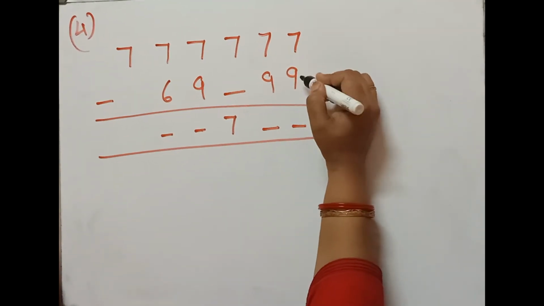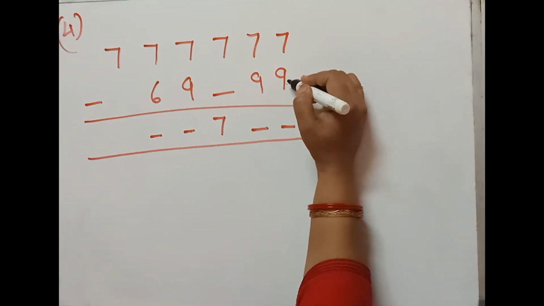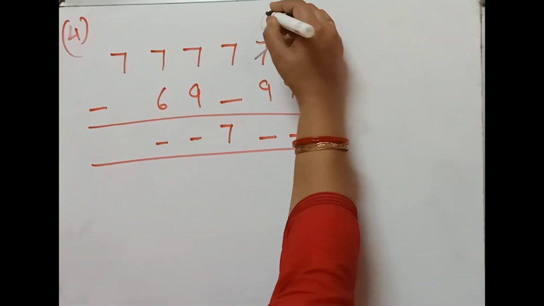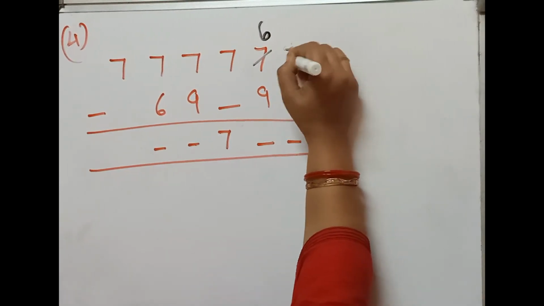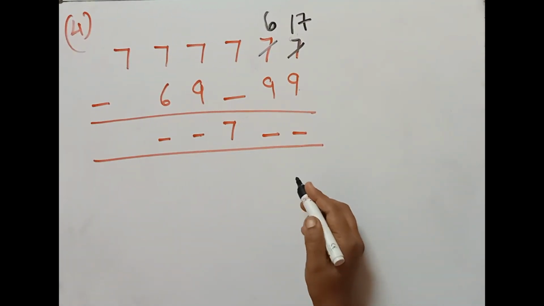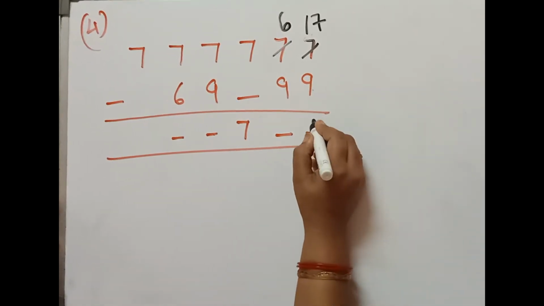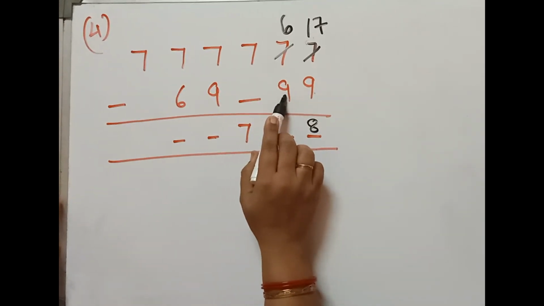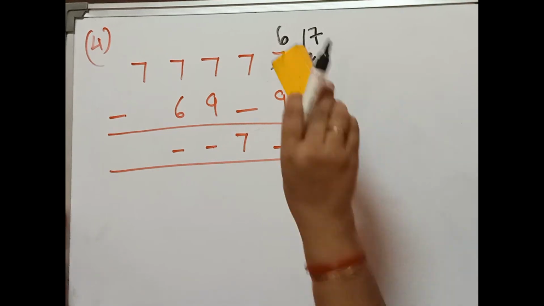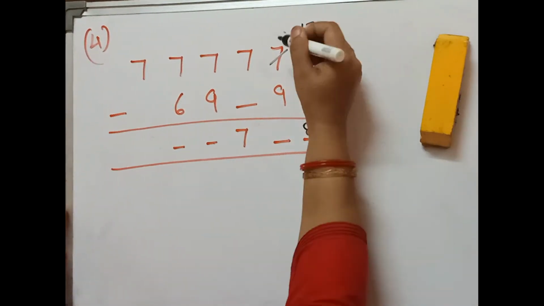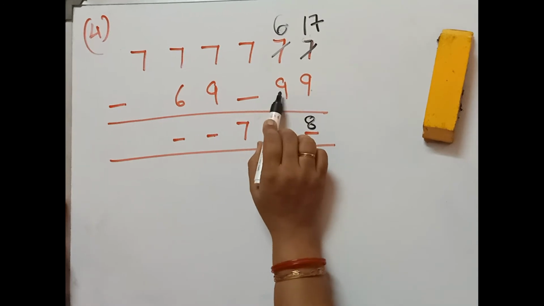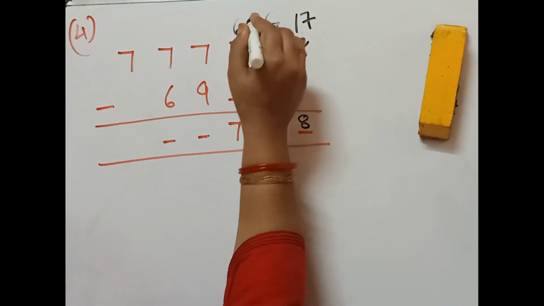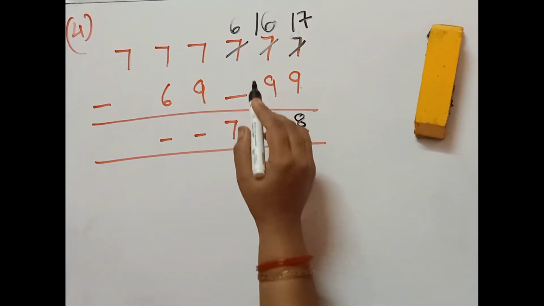Now from 7 we are not able to subtract 9. So what should I do? I have to borrow from the next number. So this is 7. It becomes 6. And this becomes 17. Now 17 minus 9, 8. Now from 6 also I am not able to subtract 9. So again I have to borrow the number from here. So it becomes 6 and it becomes 16. 16 minus 9,